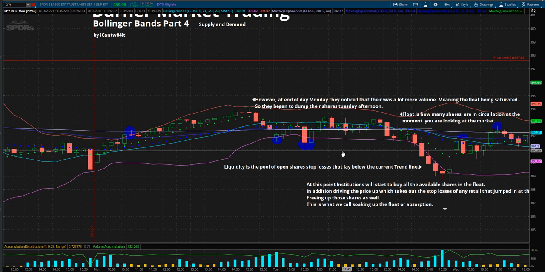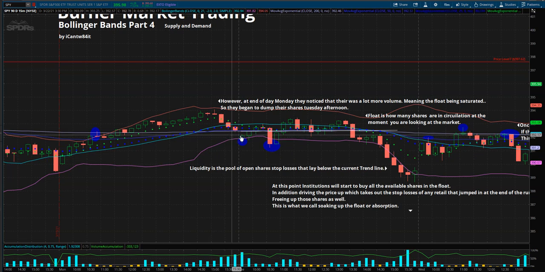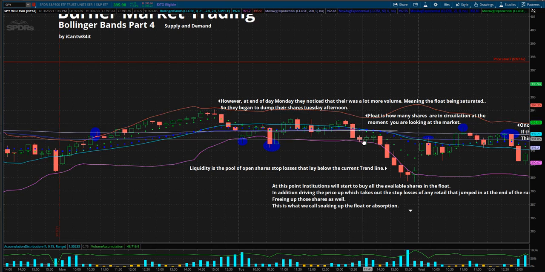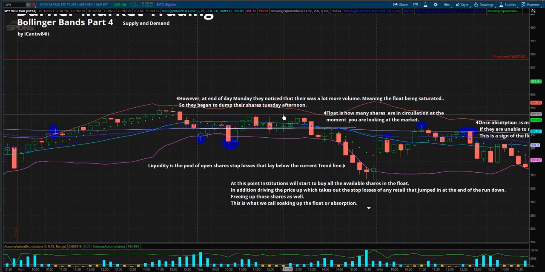And so that's what you'll see right here: they dip into liquidity, they try to drive the price action up, it doesn't go up high enough. They dip into the liquidity again, even deeper, and they drive it up again. It does go up a little bit higher, but again, it's not enough to break the previous high or even the higher high that they're trying to get to. So they start dumping off their shares, boom, 1, 2, 3, and drive the price action back down into a